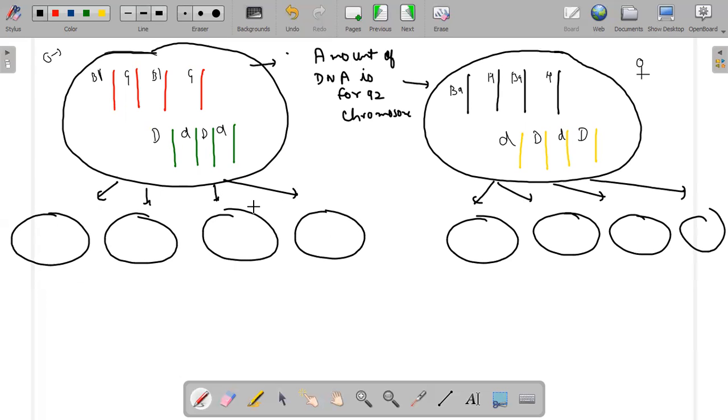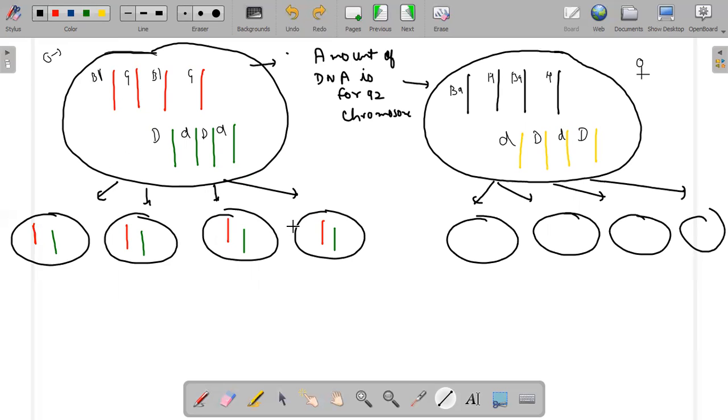Okay, now you can see how they will contain an amount of chromosome. One chromosome will go from here, and this another one is... Now any red one can go to any cell. Any red one can go to any random gamete. This one can go to here, this can go to here, this can go to here. Any random chromosome from the first pair.